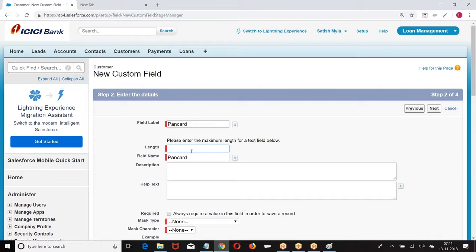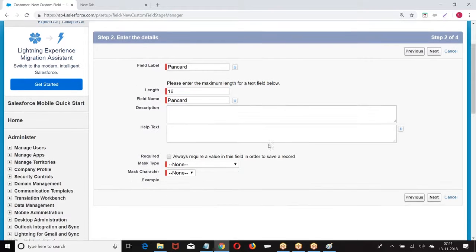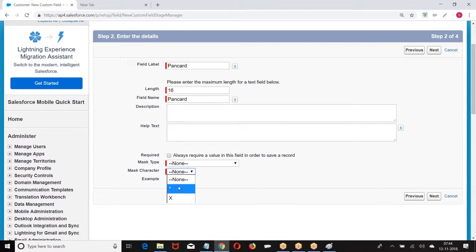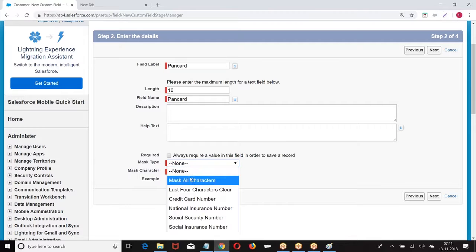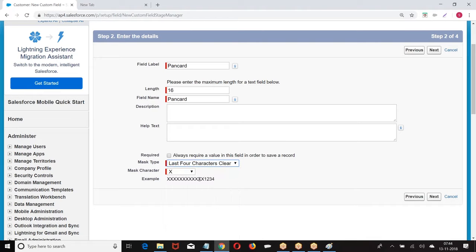PAN card. Mask with what? Star or X. How you want to mask? Mask all the characters. Last 4 characters. Generally, our transaction statements will be like this. How you want to mask it?